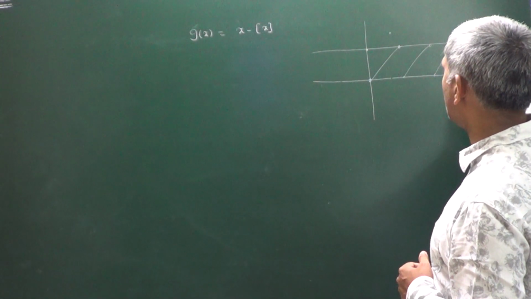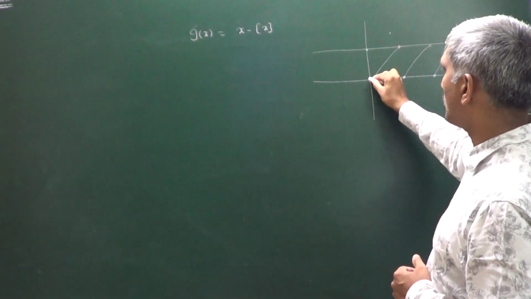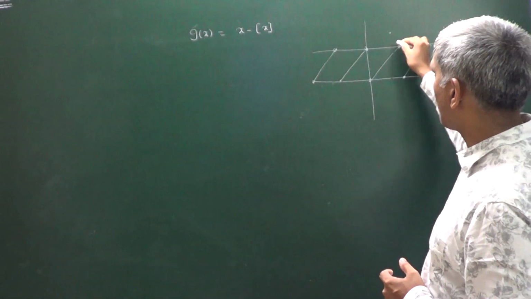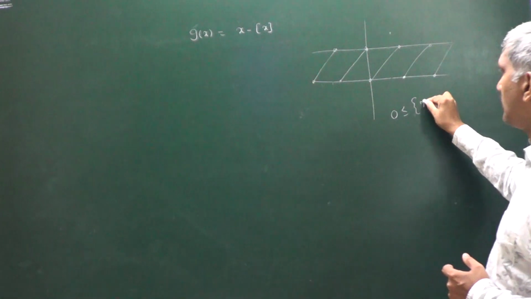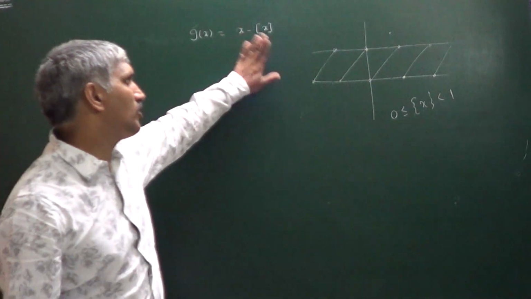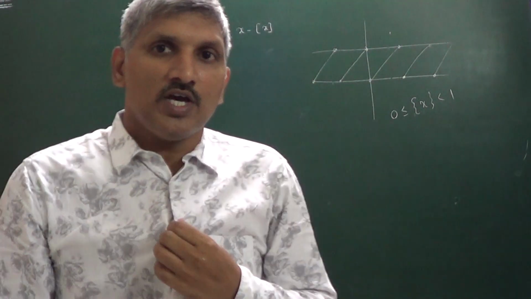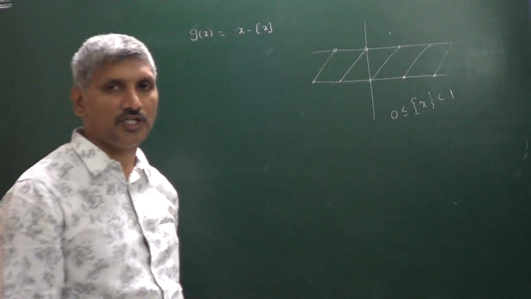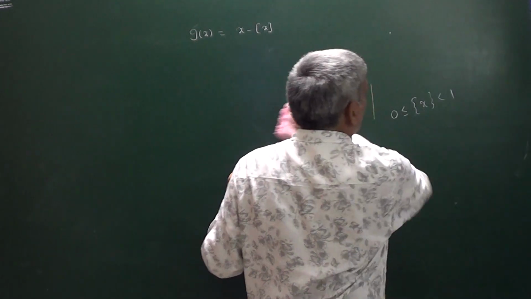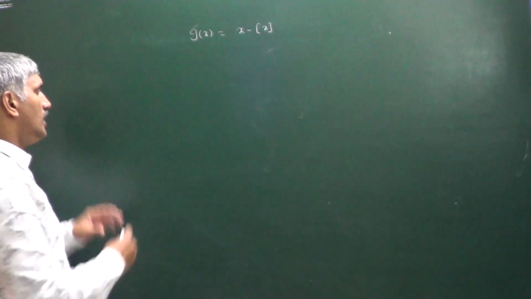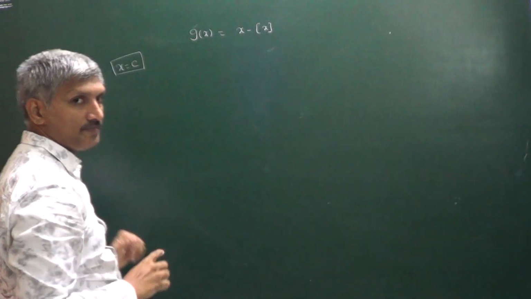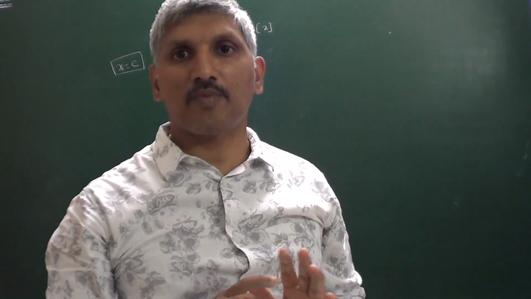You will get parallel lines. You never get 1 also. The value always lies between 0 and 1. That is the graph of the fractional part of x. Okay, so g of x is equal to x minus integral part of x, which is nothing but the fractional part of x. We have to show that it is discontinuous at all integers. Yes, graphically we can say it easily, it is discontinuous everywhere, but how to represent this for the purpose of board exams? Let x equals c be an arbitrary integer.